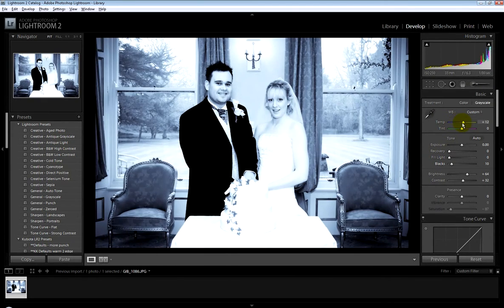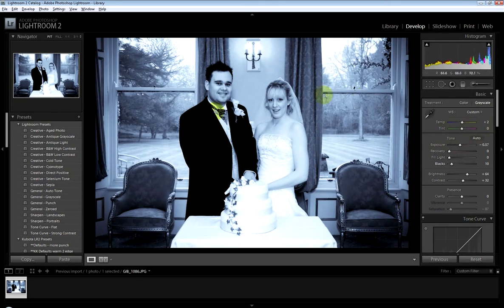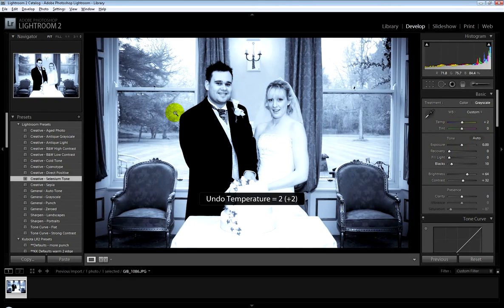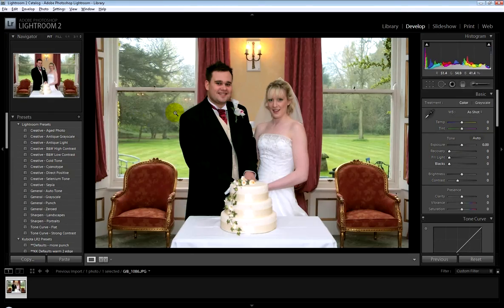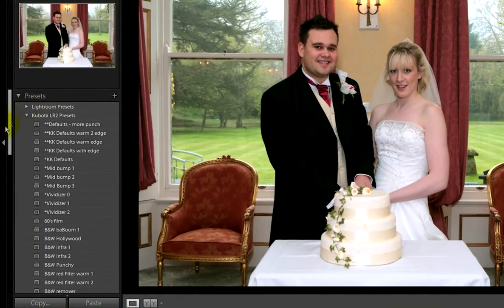Once you're actually in Lightroom, you can make different adjustments to that effect using all the sliders and tools that you get within Lightroom. So bring the exposure down. So you've got loads and loads you can do there. But if we just get that back to how it was,